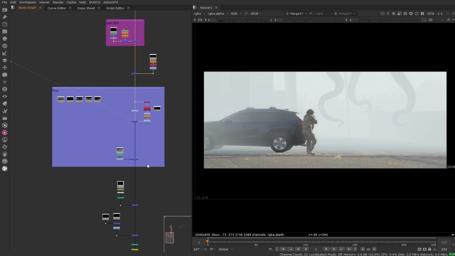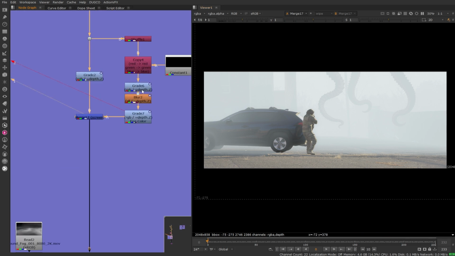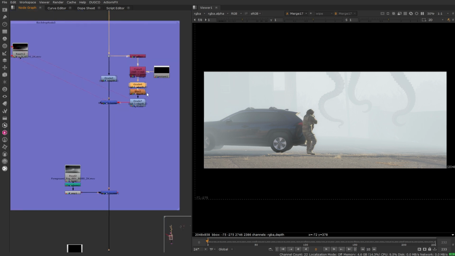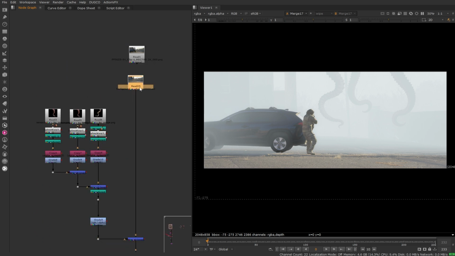One thing I think is we need to reduce some of the overall fog in the background, because I want to see more of it, and I want to push this little edge right here a little bit further behind the car. So again, we're working embeddedly. We can do this one of two ways. We're either going to do this in the fog itself, which we're grading right up there, or, because we have all that information already in here,